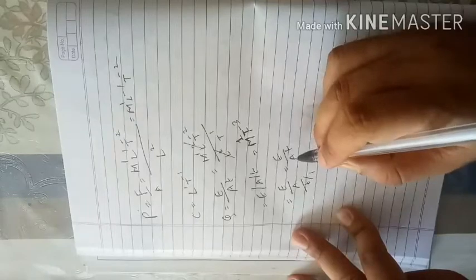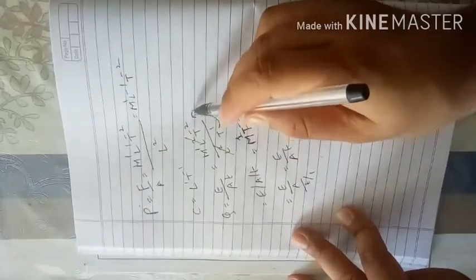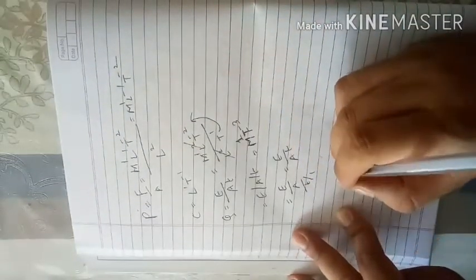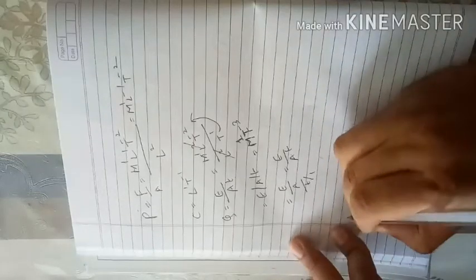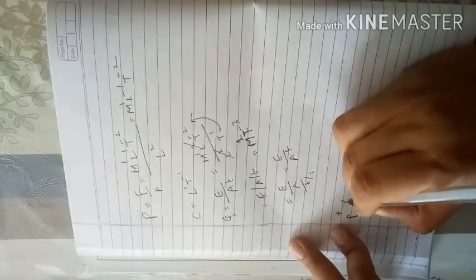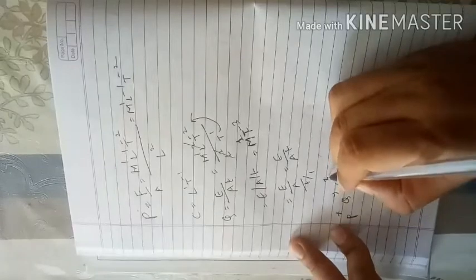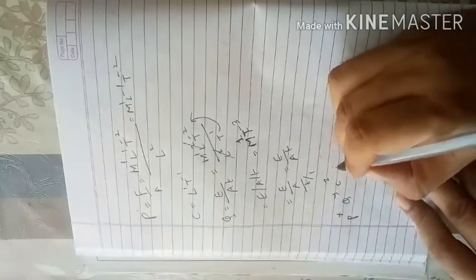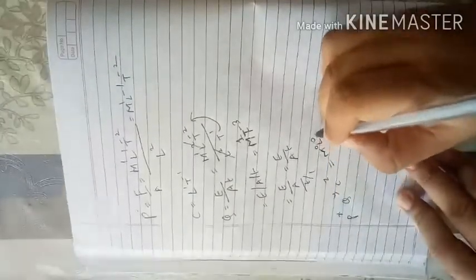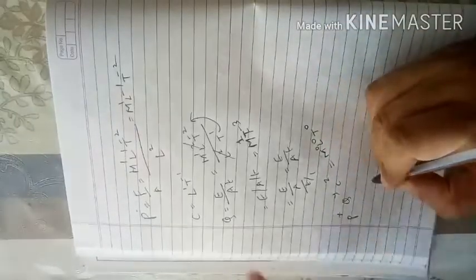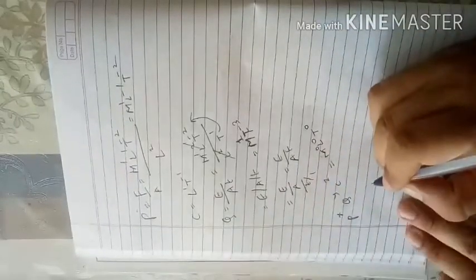Okay, so I hope you have understood this. When we take this upward, this will become T raised to minus 3. Okay, so now P raised to X, Q raised to Y and C raised to Z. So this has to be dimensionless, that is M raised to 0, L raised to 0 and T raised to 0.